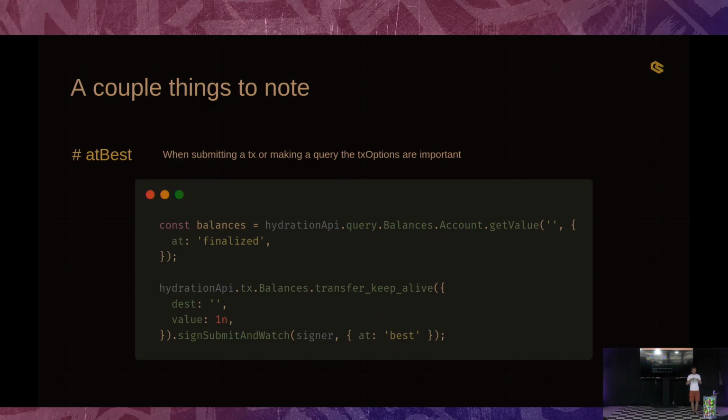If you query the balance, you will have the balance at the latest block. With PAPI by default, you have the balance at the latest finalized block. So you do have these options which come after, which is the at. The at finalized is the default one. If you want the value at the latest block, you should use at best, which is what we do here in this balance transfer keep alive. We have the at best, meaning that it will take the latest block to fetch the nonce, for instance. Or here, you would have the at best to have the latest